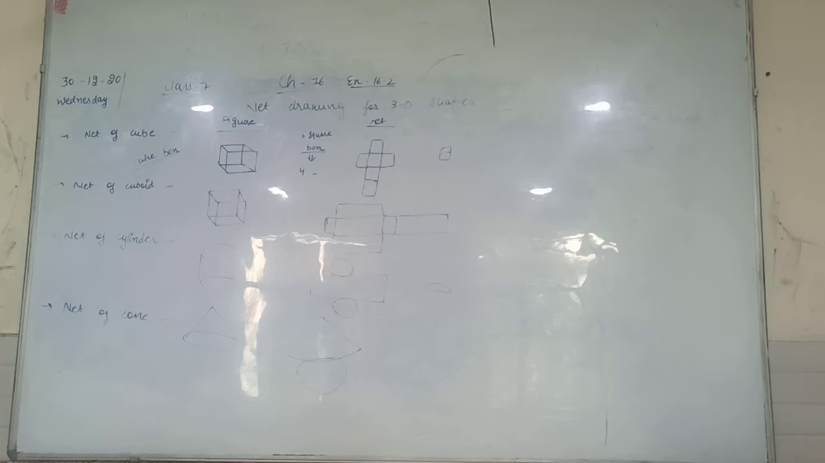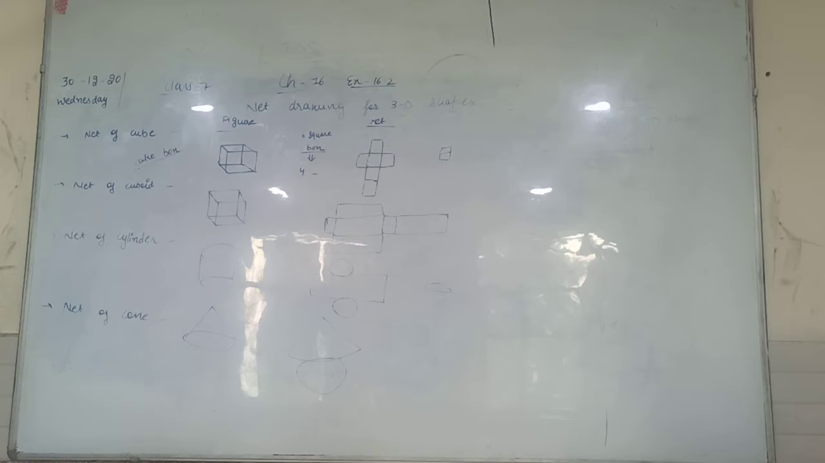Clear, beta? These are the four nets we have discussed till now. First one is net of cube. Second one is net of cuboid. Third one is net of cylinder, and the fourth one is net of cone. After this, your net of pyramid and prism starts. I hope these four nets are clear, how they work, how you draw them. Now we will come to the net of